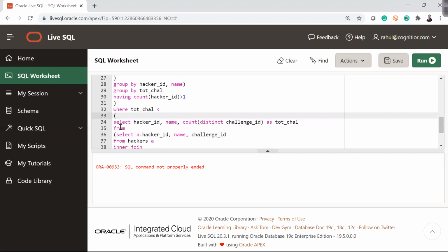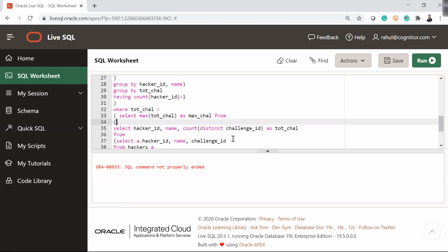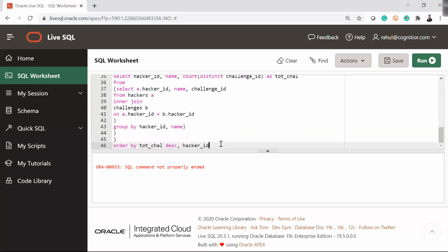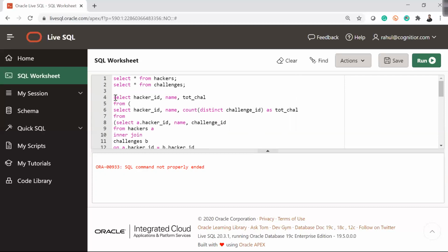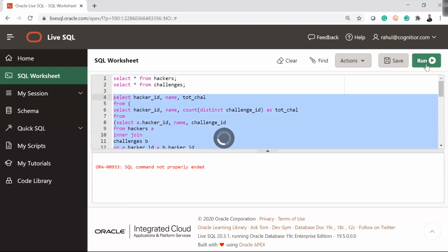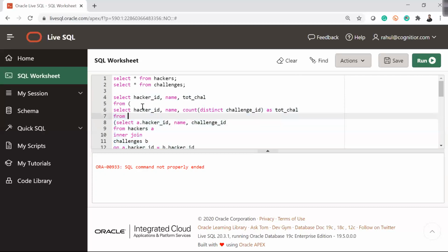So this is my one subquery from, and here I will write select max of total chal as max chal from, and again there is a bracket, and this whole query will come. Let's see whether this will work fine or not. No, still there is an issue.